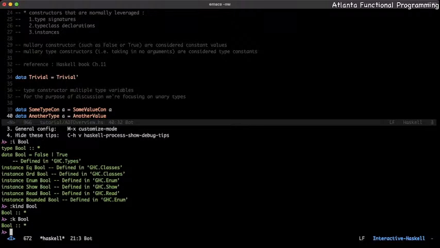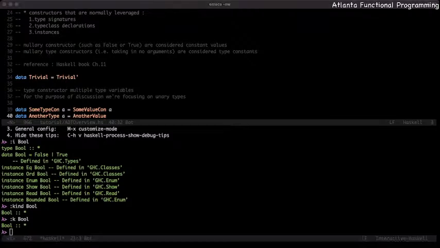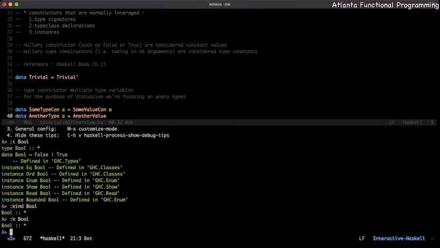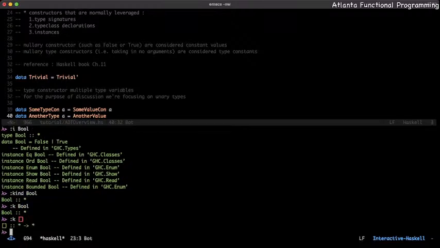:info also gives you this information, but you don't necessarily need :info if you're not querying about what type classes a particular type implements, okay? If you're just asking if it's a concrete type or not, you can just use :kind to get that, okay? If we use kind on, say, the empty list, which is a data constructor, we'll see that